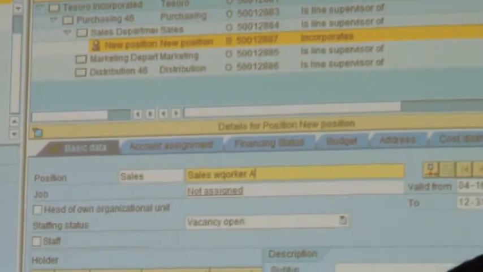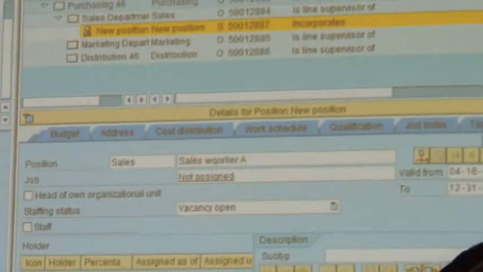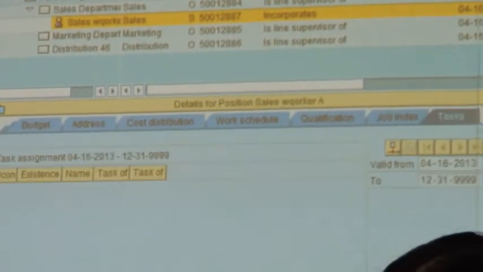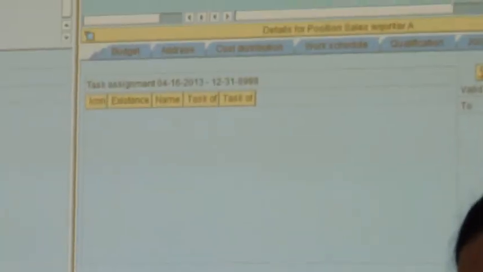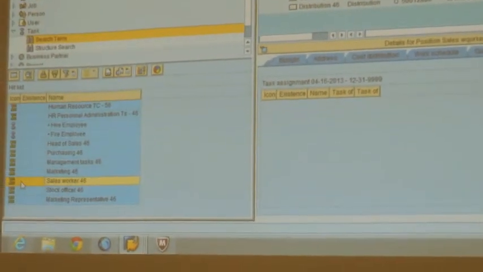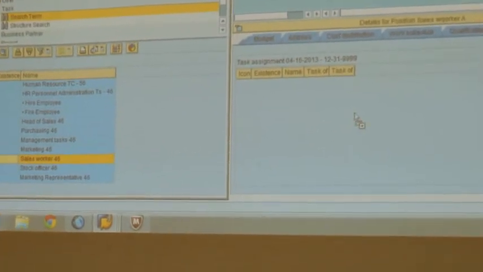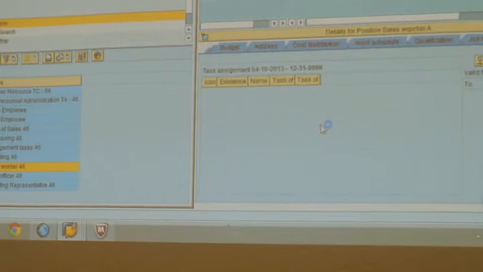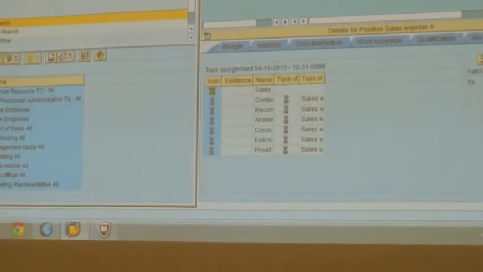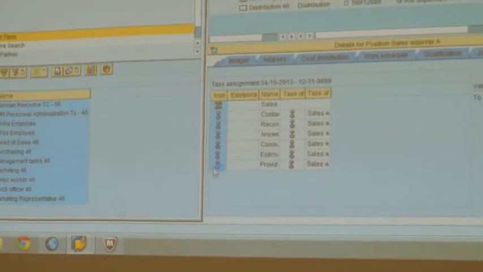Sales worker A, and give him the task. So I am going to assign the task for the sales worker by clicking and dragging it into the area. I'm going to save this position.